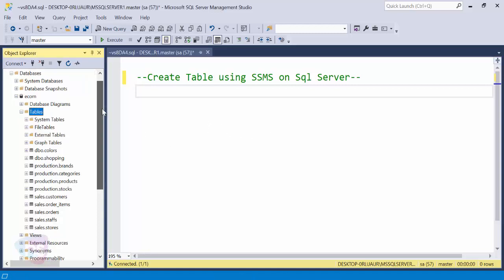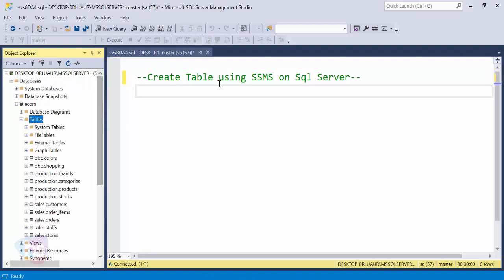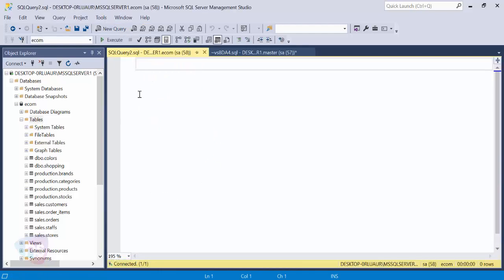Once you are logged in to SQL Server Management Studio, this window will appear. The left part is the Object Explorer, and this is the query window. Once you press this new window, you will get this query window.